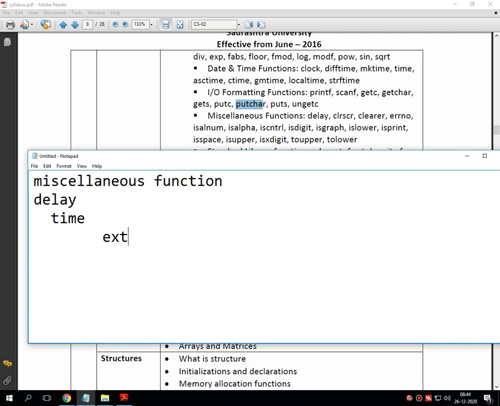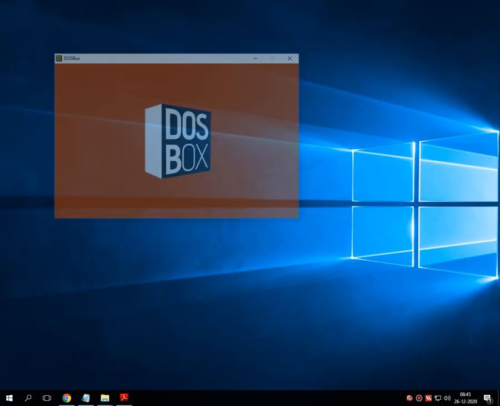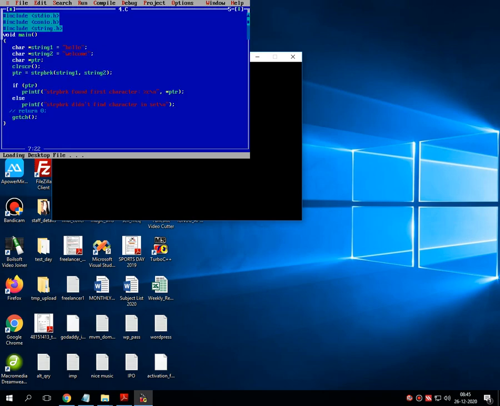That means it will extend the time of executing the function. This is very important for university examination, even very interesting too. Let's demonstrate this particular program.